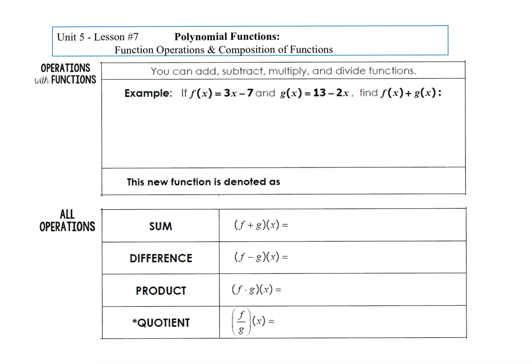All right, this lesson video is for 5.7 Part A, where we'll do examples 1 through 10 on this page of notes, and then Part B for 5.7, we'll do the last 6 examples, which are over composition of functions. So today, we're just doing operations with functions, which means we are going to add, subtract, multiply, and divide with